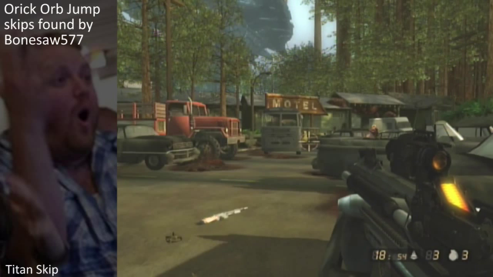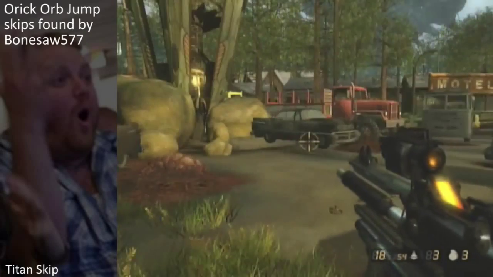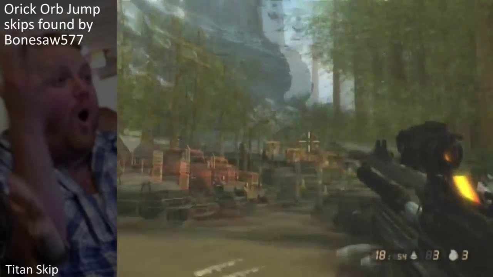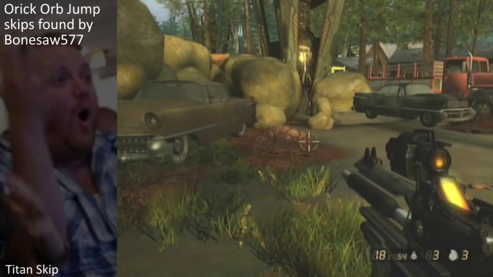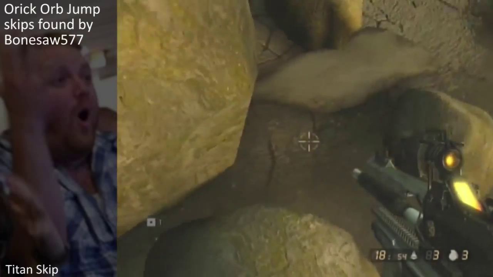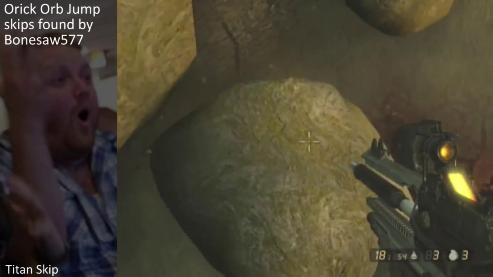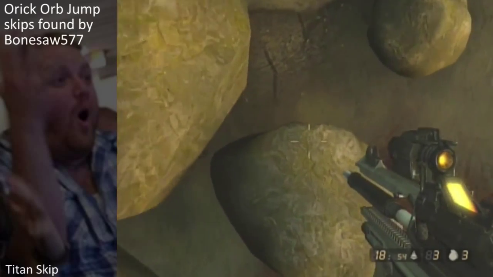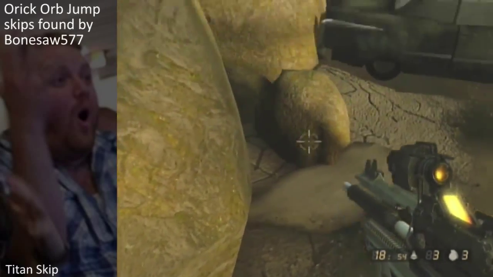In this tutorial, we will actually be doing what I call the Titan skip, and it takes place right here at the motel section in Orick, California. Now, this was an orb jump strategy that I found just messing around one night, actually. And it turns out that this rock that I'm standing on right here is actually the perfect height to do